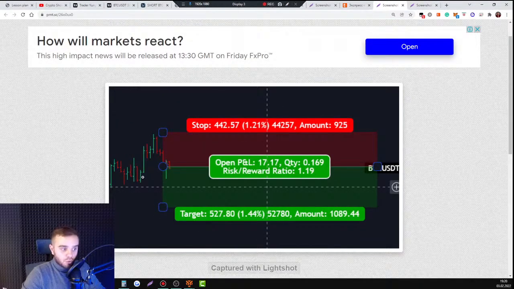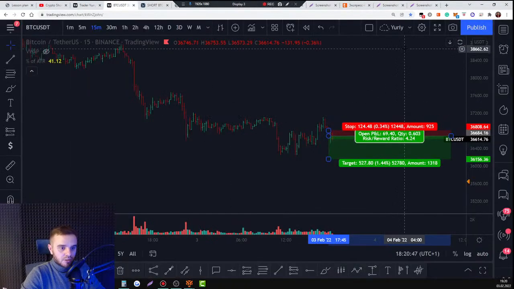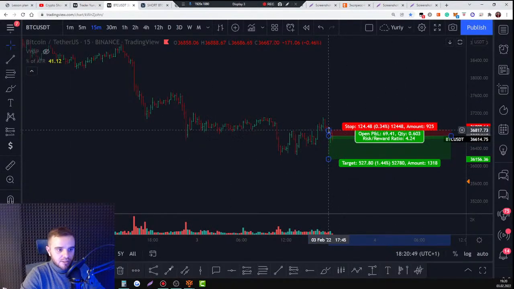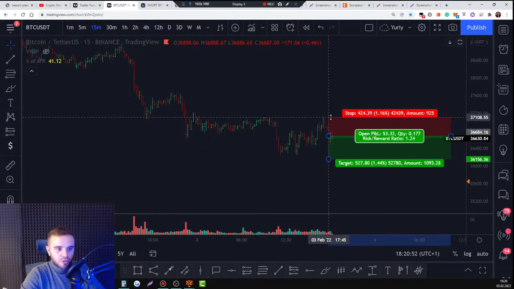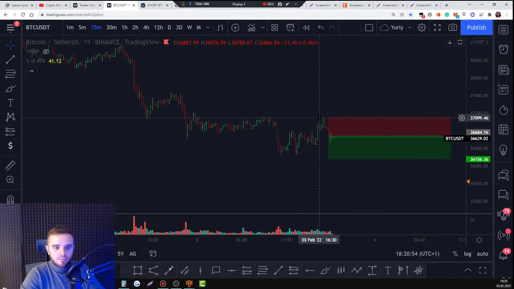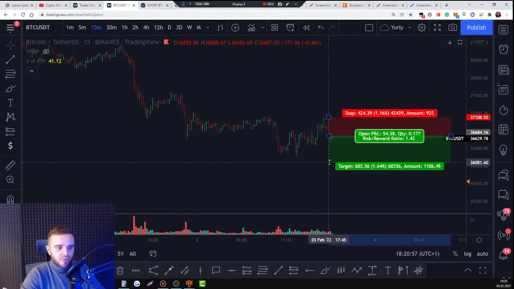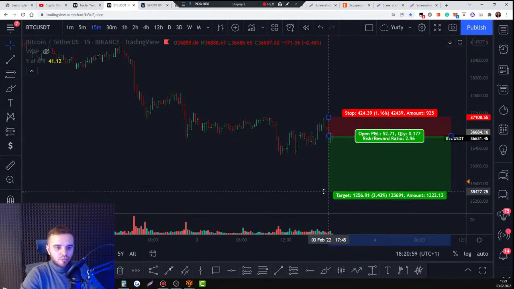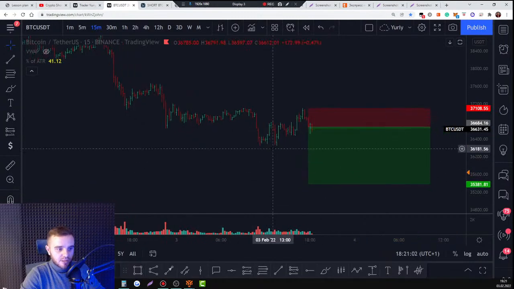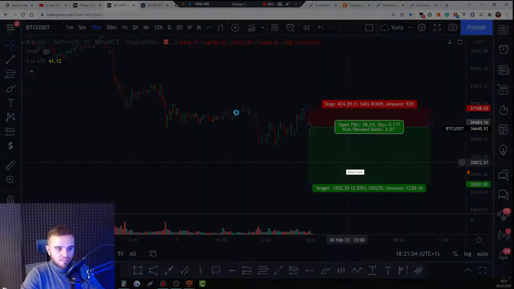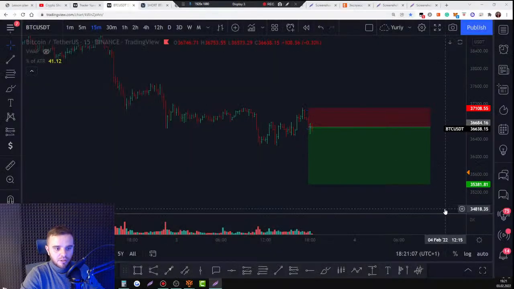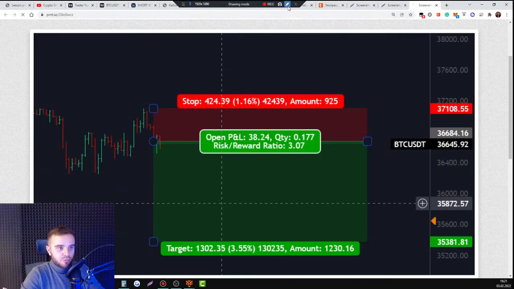That's it. You always go to TradingView and you calculate it. An example, you take a short on Bitcoin and you decided your stop loss here at the recent high. You think it's a safe place, and take profit three times more. That would be your position. That would be what you need to put into your exchange. Your stop loss would be here at 37,800. Your position size 0.17 and you take profit here.